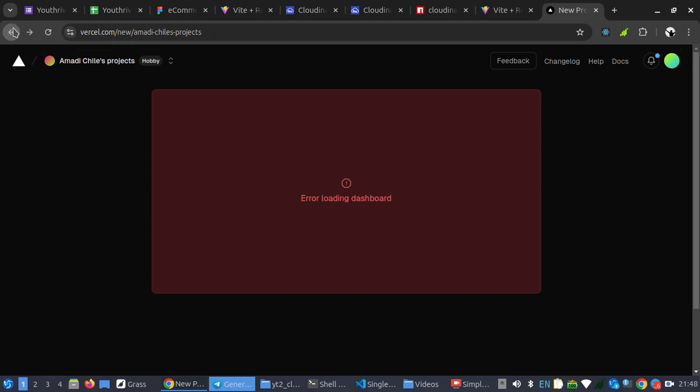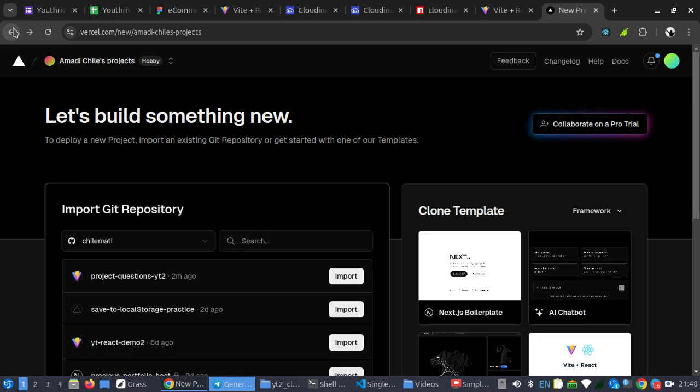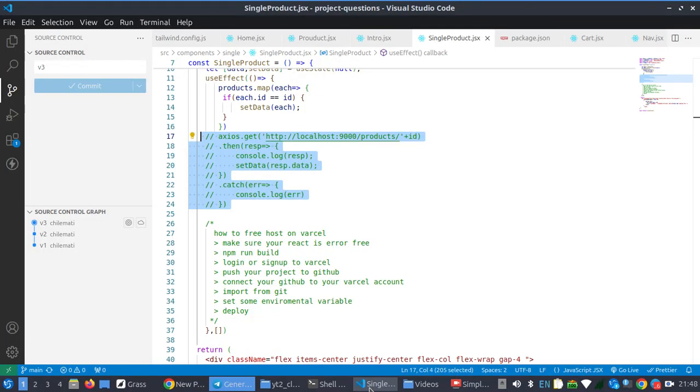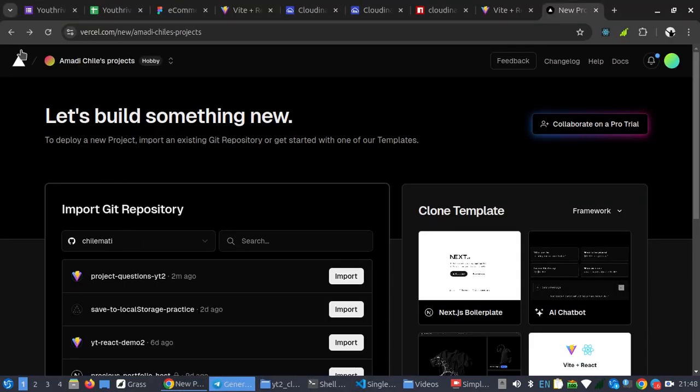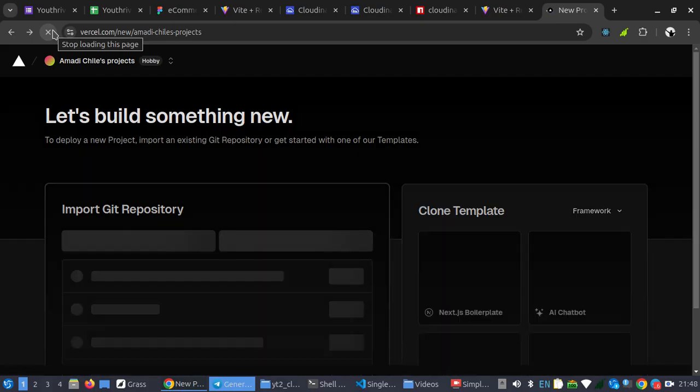Loading dashboard, so let me go back. Okay, yes, it did. So what I'm going to do now is, let me see if a refresh of this works. So it has already detected that I have an account, so I can show you how